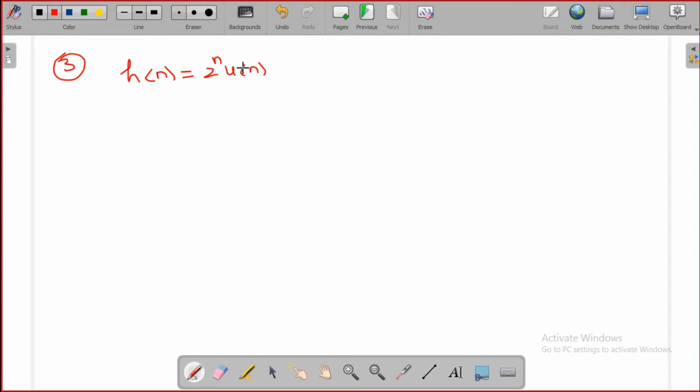Check for stability, all of you. Now tell me whether the given system is stable or not. Here we directly have the impulse response. Okay. Check the stability condition. That's fine. Summation n from minus infinity to plus infinity of mod h of n. What is the value?